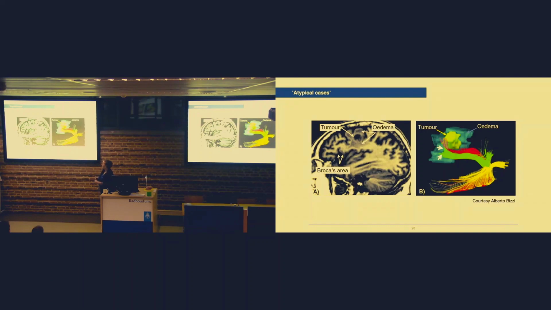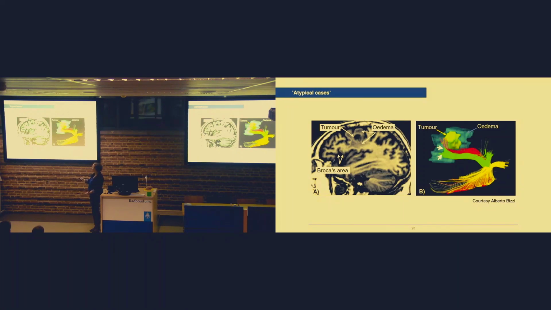Now, the atypical patients I mentioned, here's a patient with a tumor, as you can see, far away from the classical Broca's area that we can see here. Yet this patient presented with a Broca's aphasia, meaning comprehension? Good, bad? Good, correct answer. Articulation? Not so good. Correct. So this patient presented with a Broca-like aphasia, so articulation was impaired, comprehension was intact, but